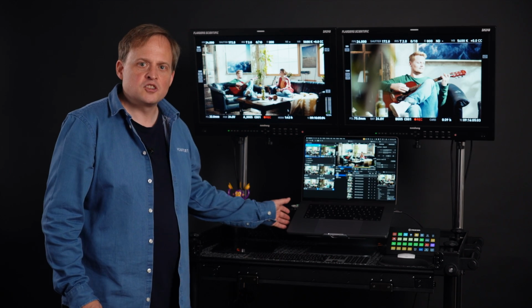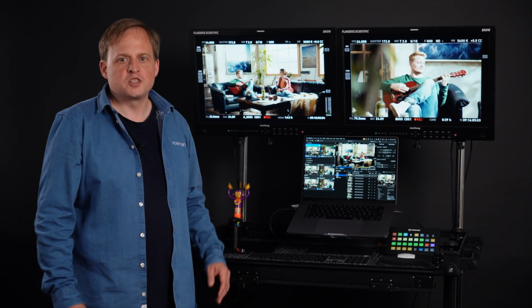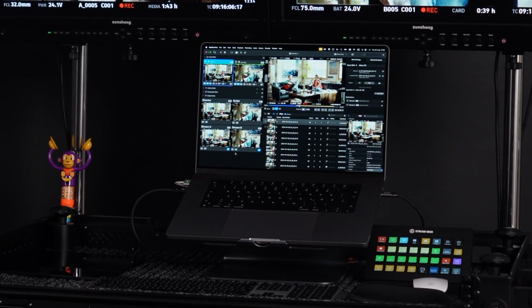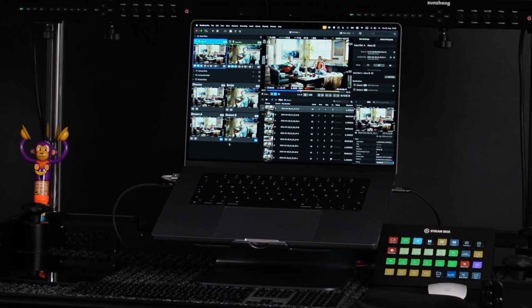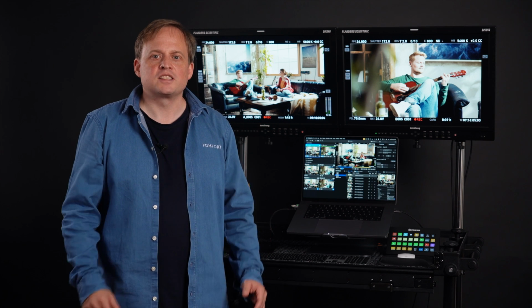All the devices are attached to a 16-inch MacBook Pro with an M2 processor. The application runs on Apple Silicon only and really leverages the power of these processors. When we started developing the software, we quickly learned that we would need to build a highly performant video pipeline to fulfill all requirements of modern multicam productions.